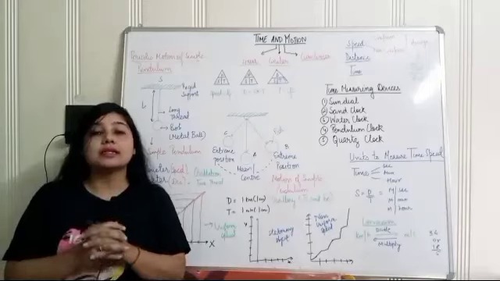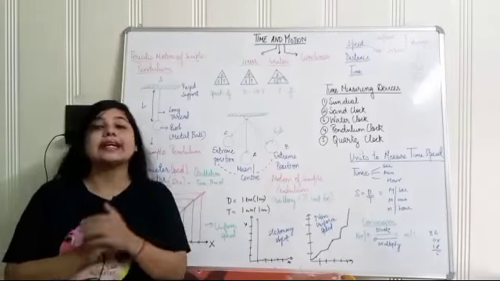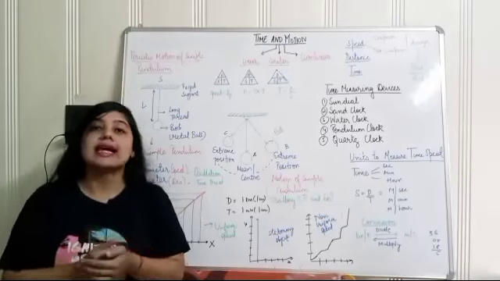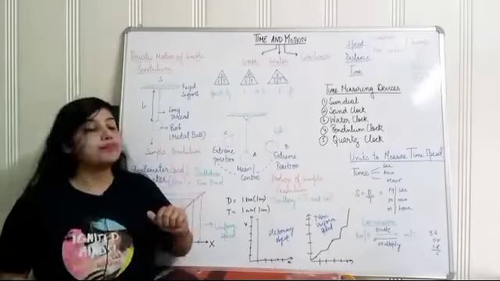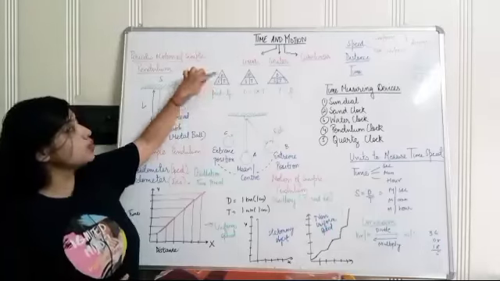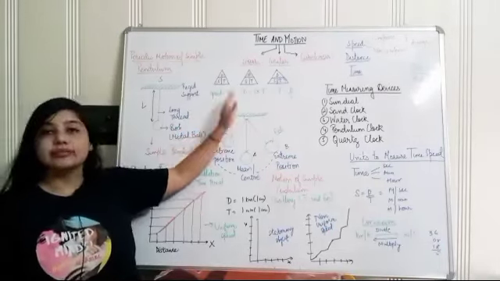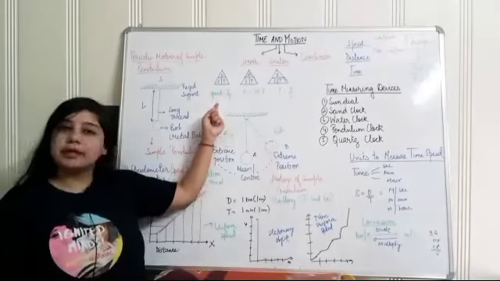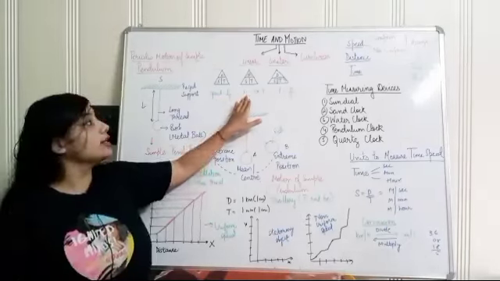Now it happens certain times that out of these three entities, only two entities are given and you have to find the third one. So how to go about it? There is a simple formula which you can learn through these three triangles. Speed formula will be speed is equal to distance upon time. If you divide the total distance by the total time, you will get the value of speed.